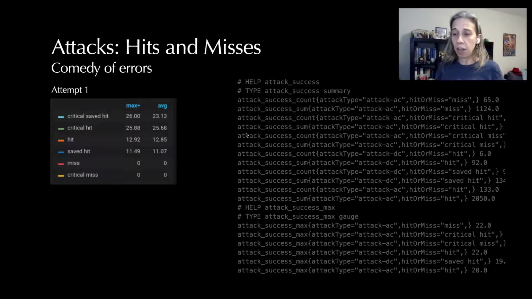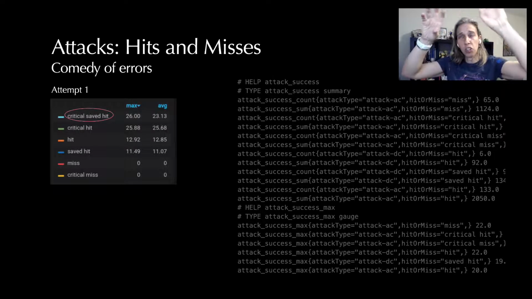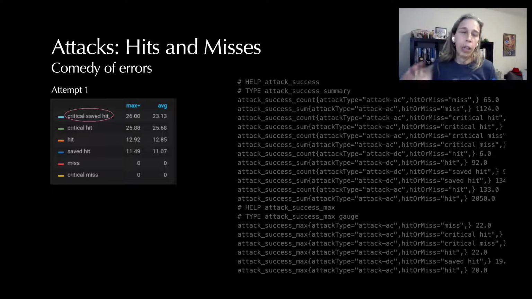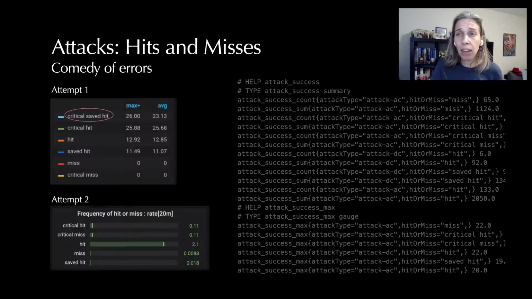Critical saved hit is not a thing. It doesn't exist. So that basically meant something when I wrote the encounter and tried to go through the rules and the statement, parsing in what the various attacks were, and then trying to decide which attack it was and what path it needed to go through. Yeah, did something dumb. I don't even remember what it was, but it was one of those where you just dump it on the floor and you rewrite it again. So I got that done. I did it again, and it was great. It was fixed, except that it wasn't, because